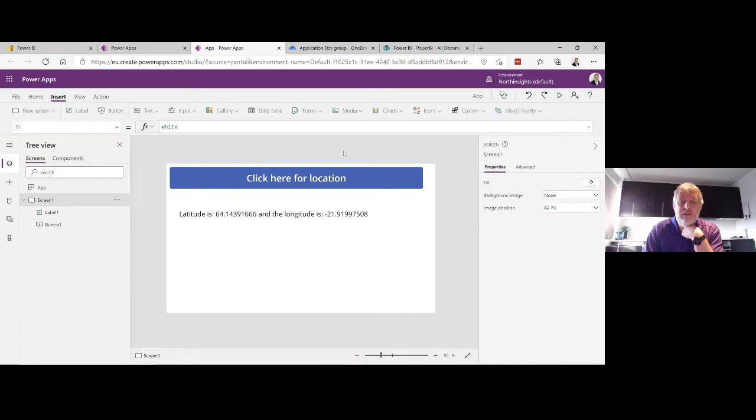And to do that, you will actually need to add a connection to an external service. And in our case, we want to use the external service. It has a built-in connector, but it's still an external server, and it's called Bing Maps. And for any of you who have ever worked with Bing Maps, you might know that there is a developer program on Bing Maps. So you can sign up for the Bing Maps API.